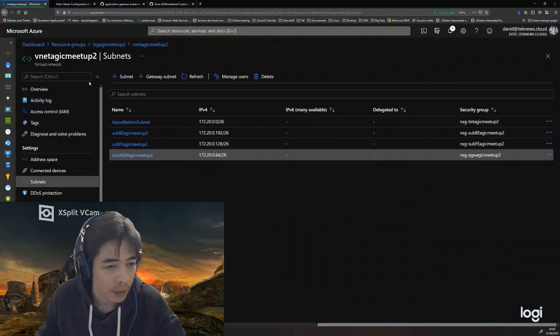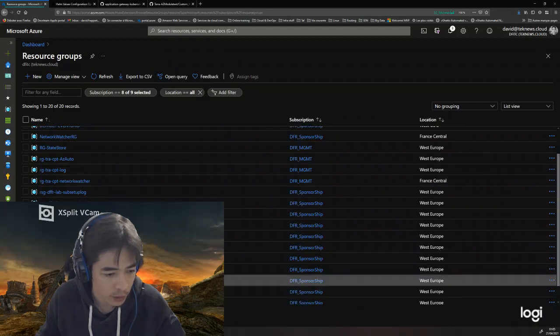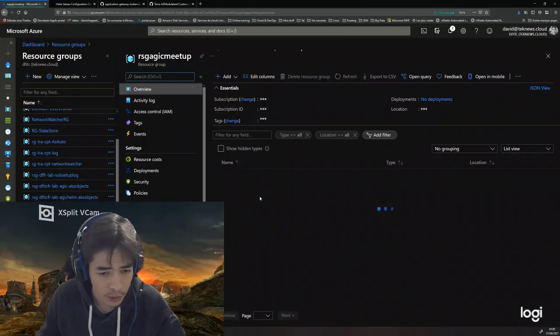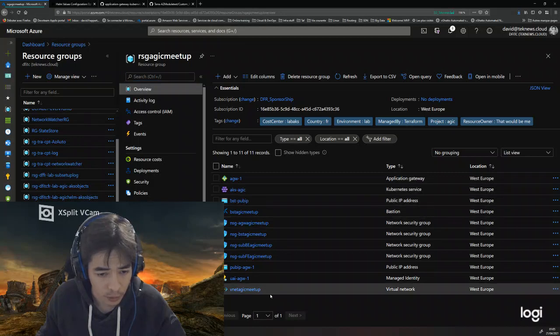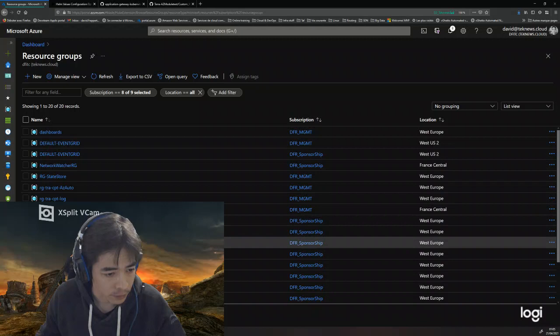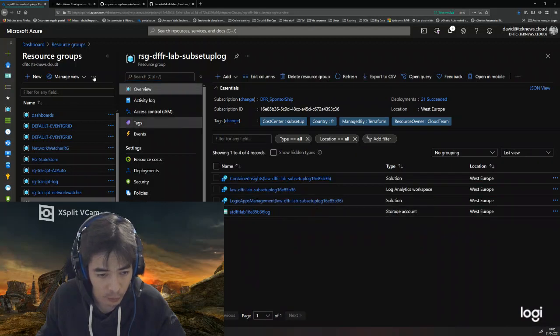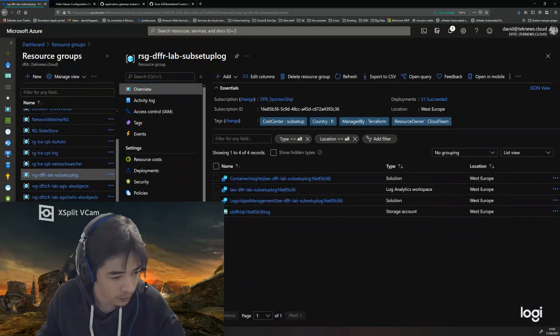If I'm going back again in my Kubernetes cluster environment, I have an application gateway which uses, as a matter of fact, a key vault. If I'm correct, so this is not over there. This is this one.